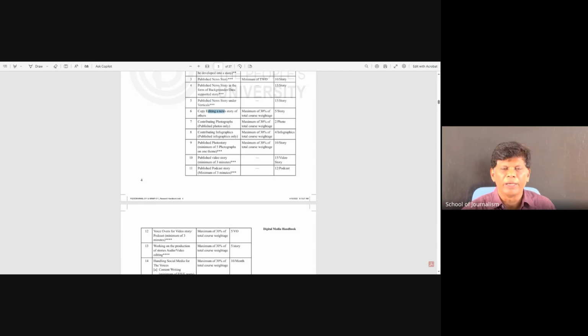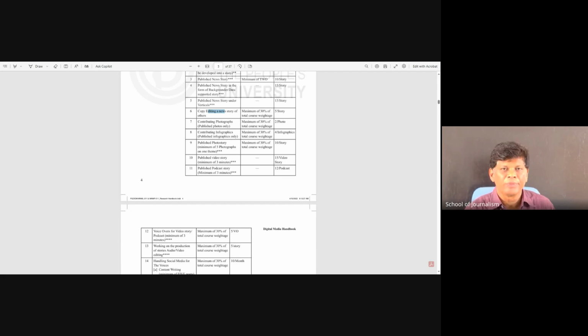If you are doing copy editing, for example, where you are good in language, you have some experience with journalism, you know how to edit a story, you can edit other stories. For example, I'm interested in copy editing. Some of my classmates have posted drafts, so I can edit their story, and you're helping the newspaper, not necessarily publishing the story.